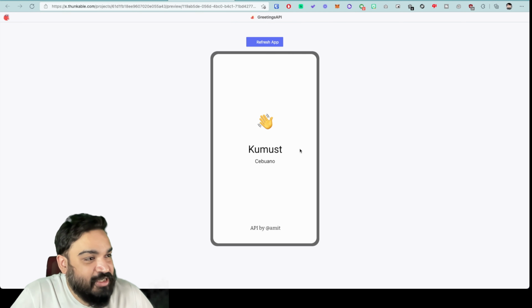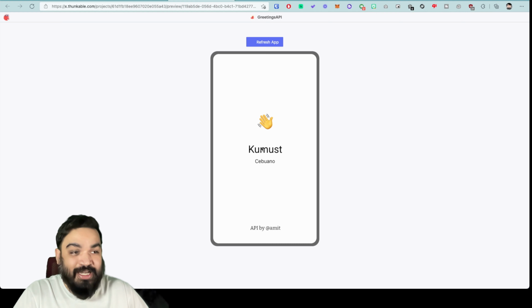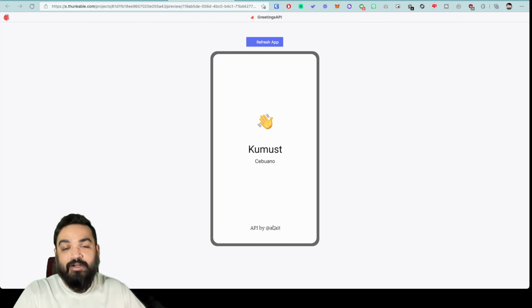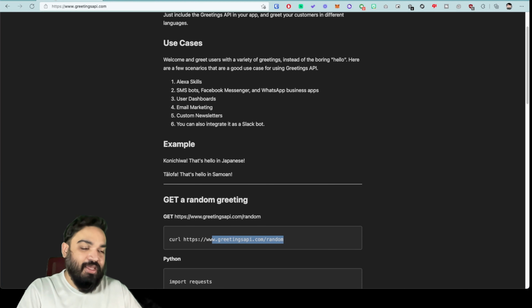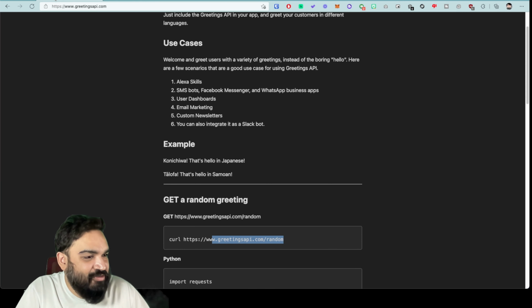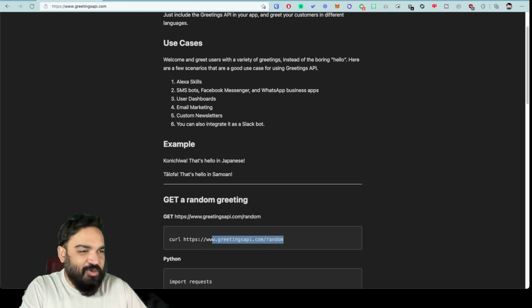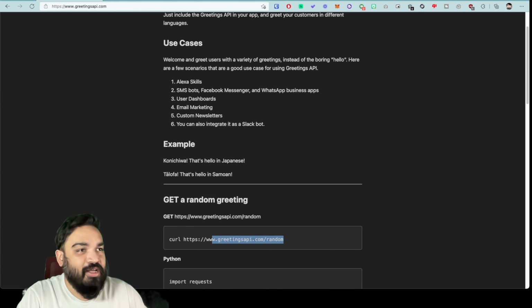Great. So as you can see in the demo of the app, we have an emoji, we have the greeting and then the language, and then the API credit. The API that we are going to use is called greetingsapi.com, built by Amit. Found this on his Twitter profile, and it's a very simple API, and you can pretty much integrate this API into whatever you want to build. And this is how I'm going to show you how to use Thunkable as a platform to build a use case around how to use APIs and build a mobile app, right? Let's keep this short. Let's jump into Thunkable.